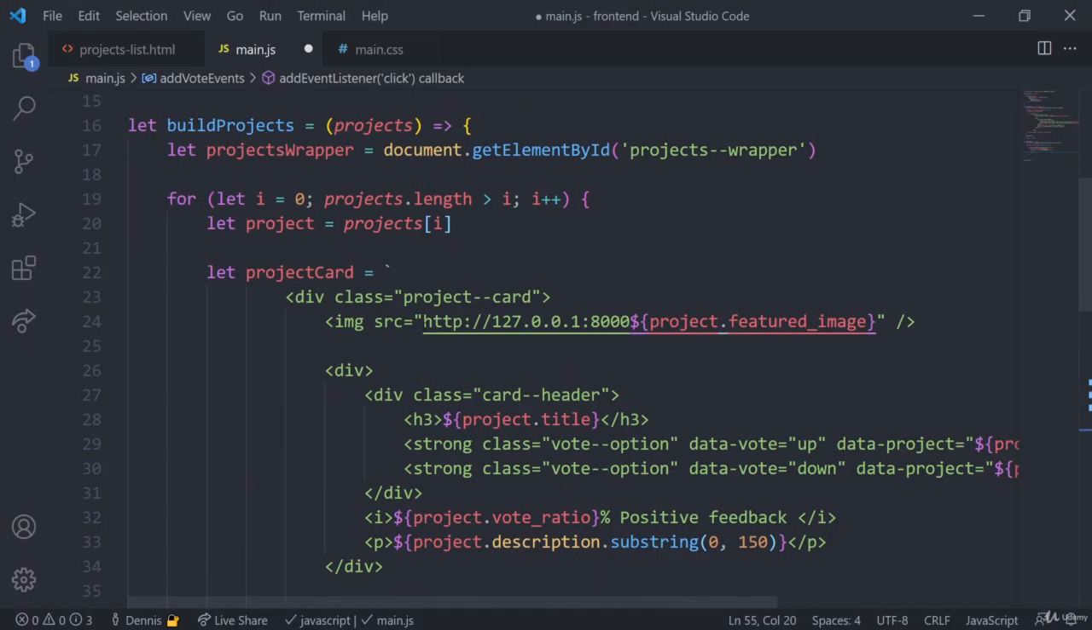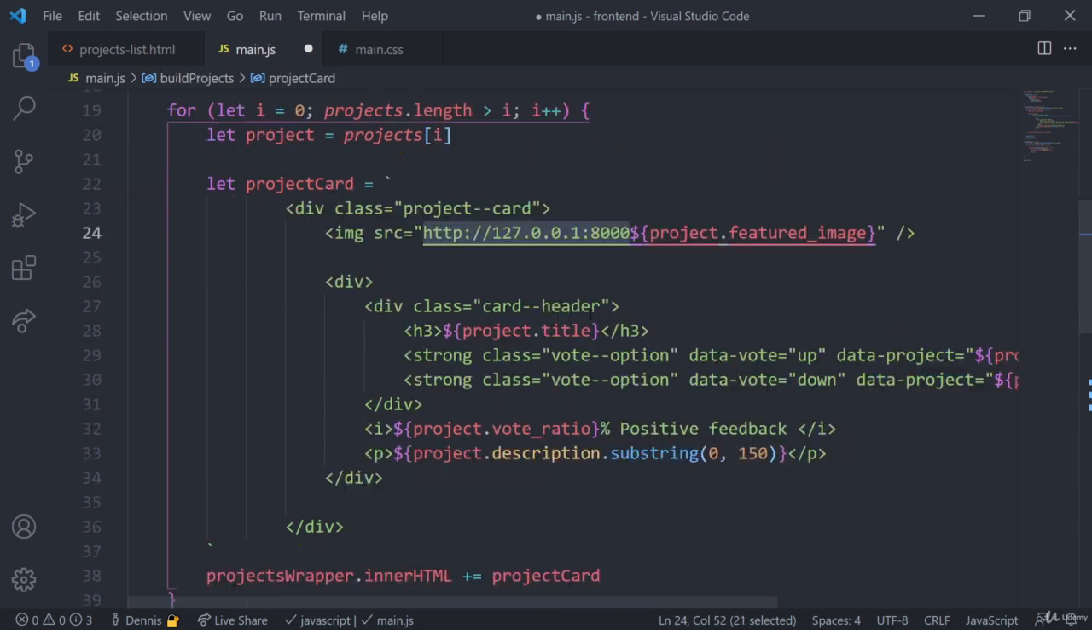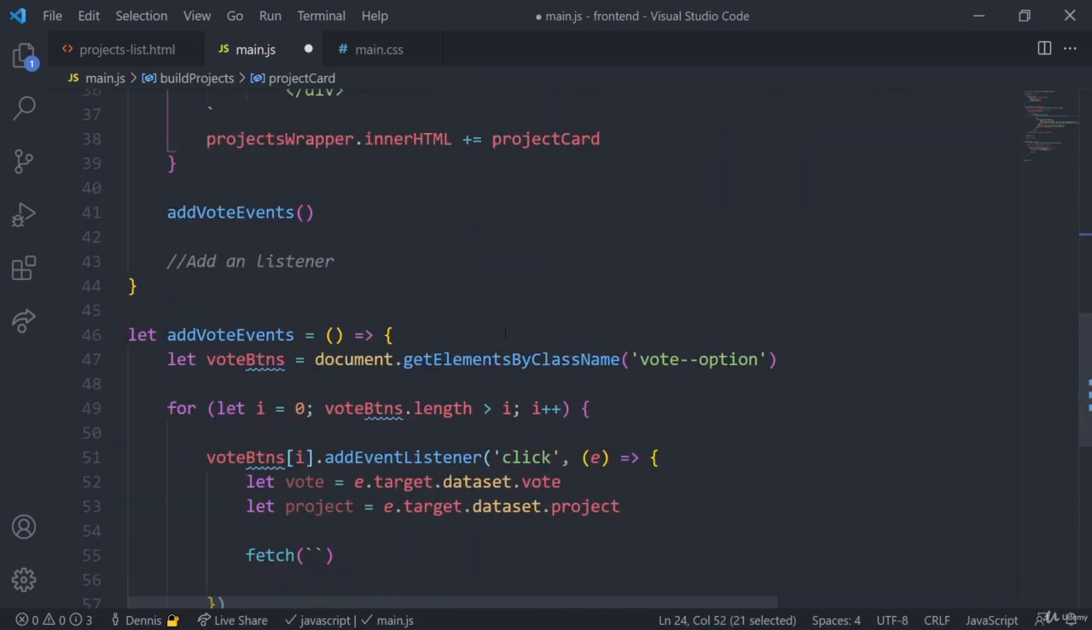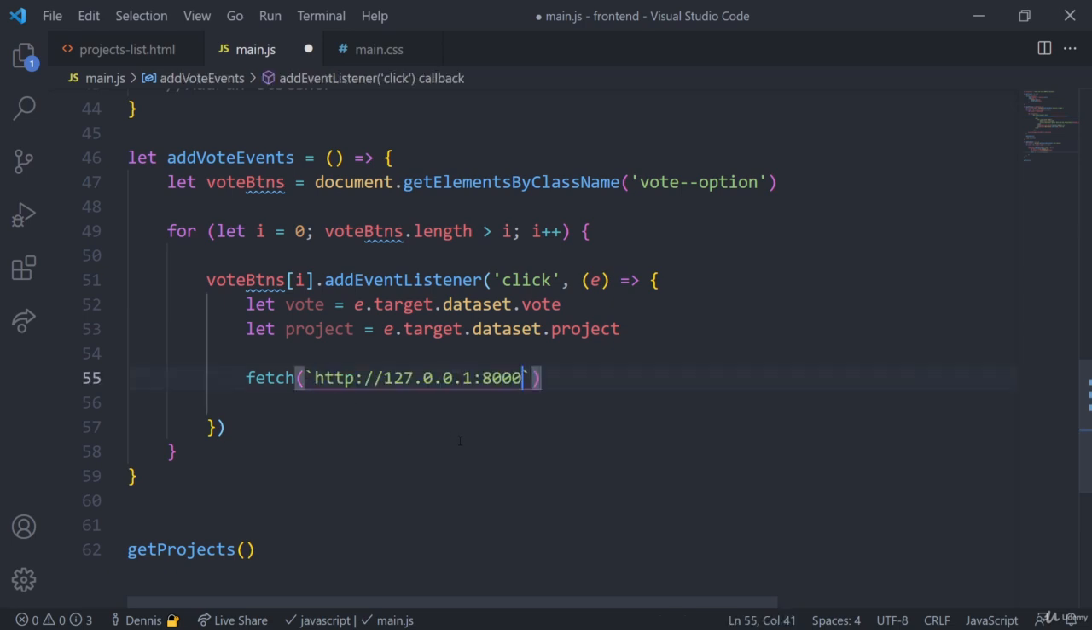Let's take this opening URL. Let's copy that right here. So we just copied the port 8000. I'm gonna scroll slower here. We'll add that in here. And then we just need to do